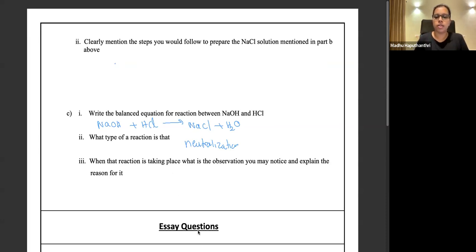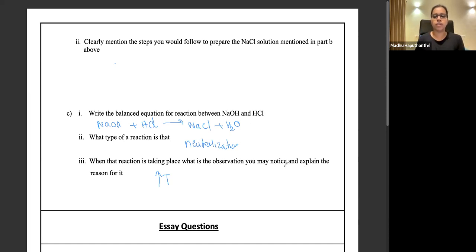What could be the observation? Observation is temperature is increased. That is how you should be answering that. Temperature is increasing. Observation means something we see or something we feel. If there's a color change happening, we can see it. If heat is liberating, the observation is that the reaction is releasing heat. Observation is what we feel: the temperature is rising. Right? Temperature is rising.